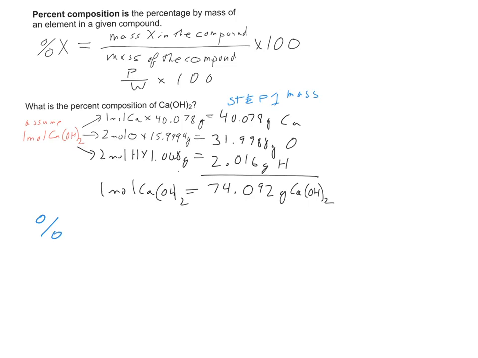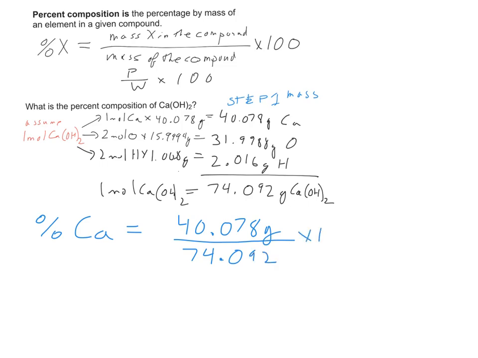My percent calcium in calcium hydroxide would be the mass of calcium divided by the mass of my compound times 100 equals